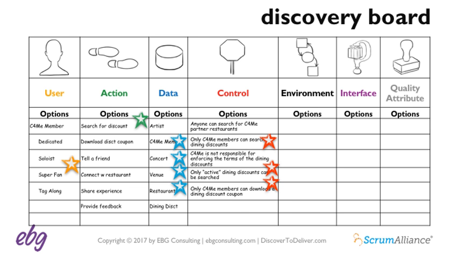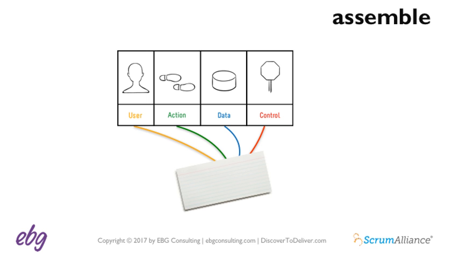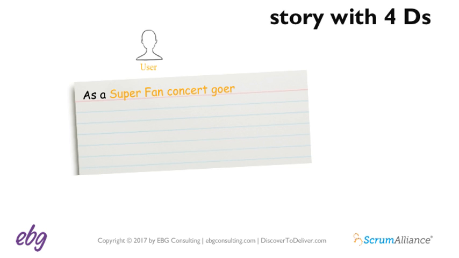The way I laid out the discovery board for you, as you can see here, I have the 4 functional dimensions lined up on the left side: user, action, data, and control. So we've explored and evaluated 4 of those and starred those high-value options. Now let's pause and think about, with those 4 options, what is the story that we can assemble so far look like? If we assemble the high-value options for those 4 dimensions, the story would look something like this.